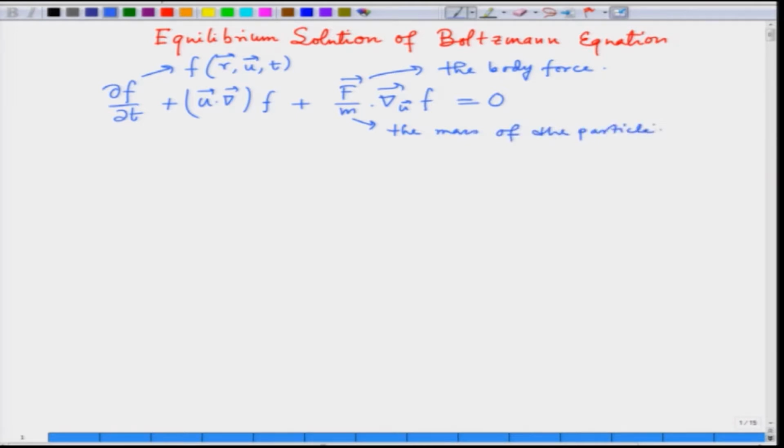Then we also derived the collisional form of this, where the right hand side was not equal to 0. So, that was the collisionless form, and for the collisional form we had this integral, which we call the collision integral,